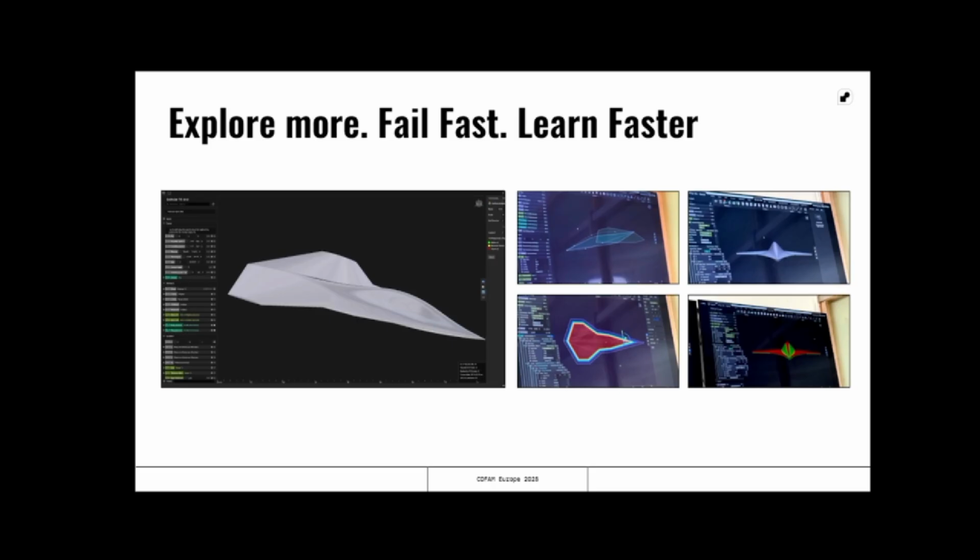Ultimately, to get the insights needed to close out a design. Because when you're winning, when you're showing up to win, you're not just showing up with a design that meets the requirements, but it's the design that you have the most confidence in. It's the design that you understand the most. It's the design that you really understand what those parameters are going into the design, how those parameters affect the